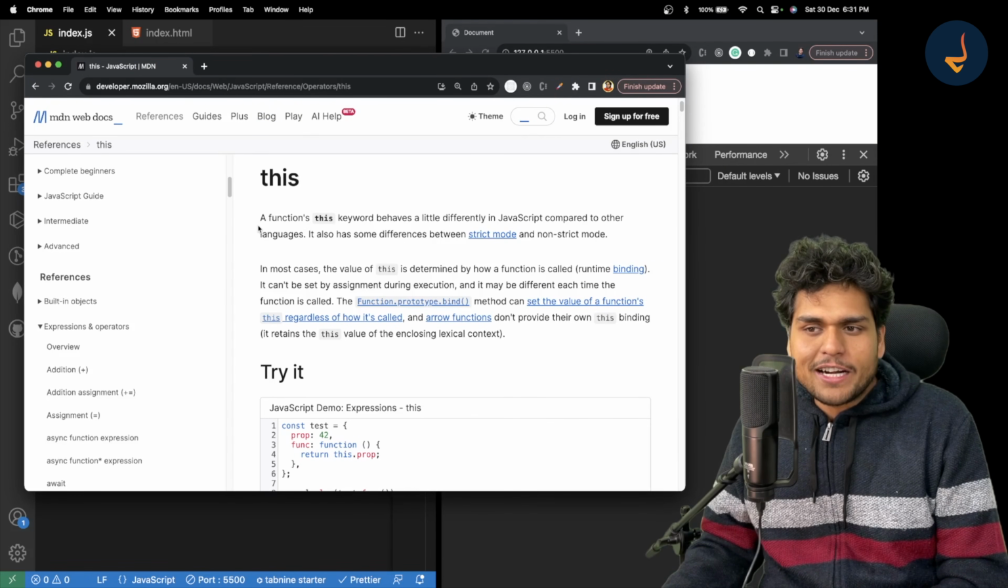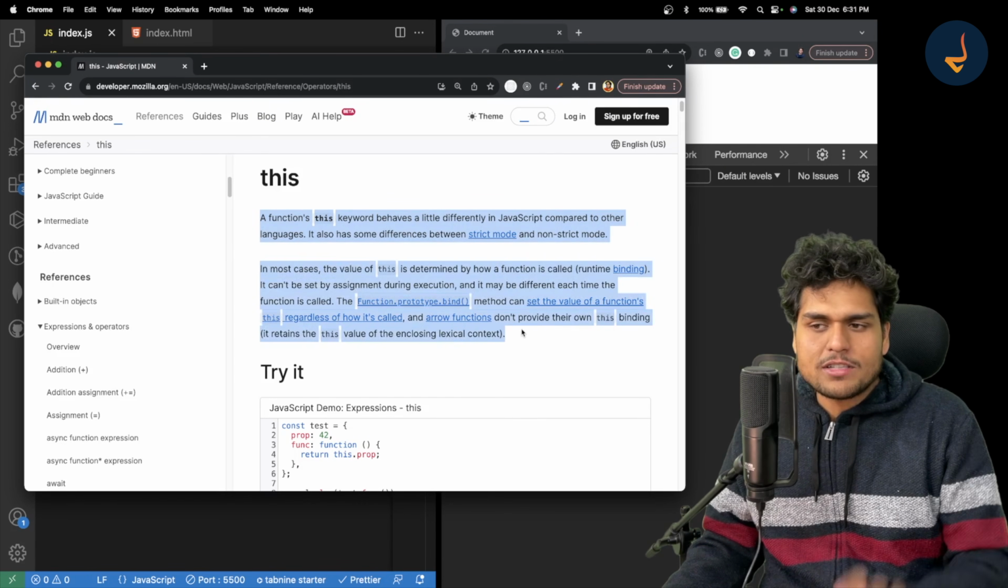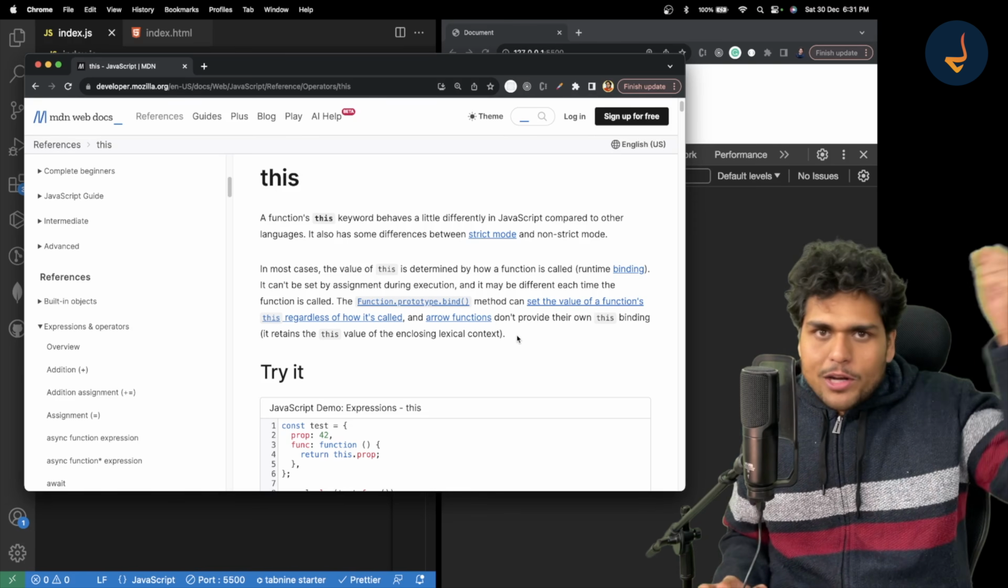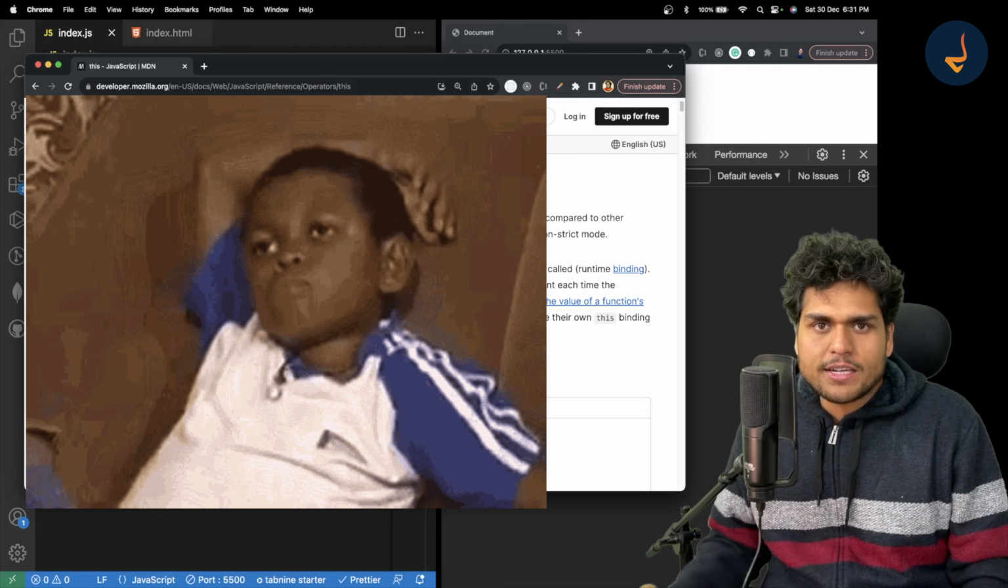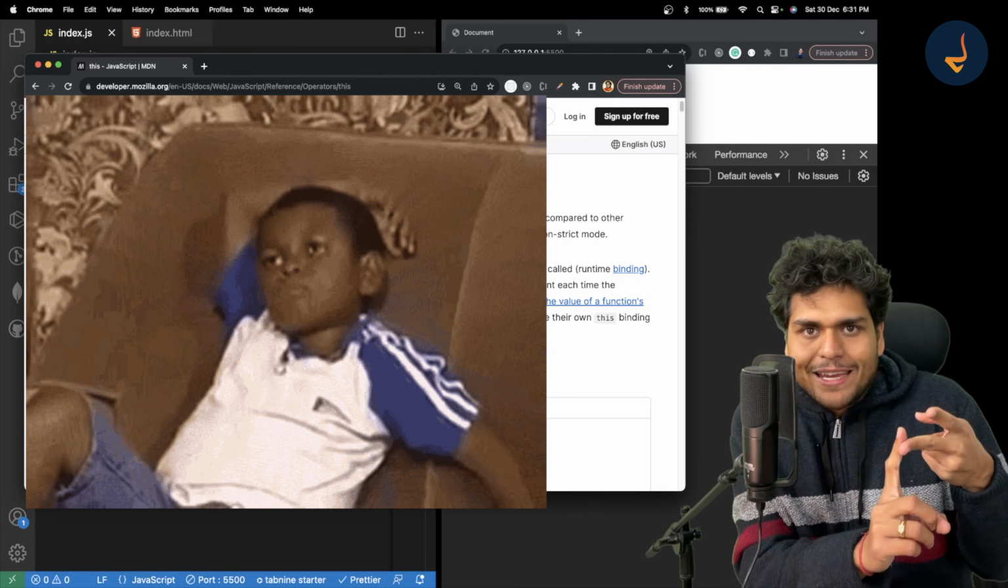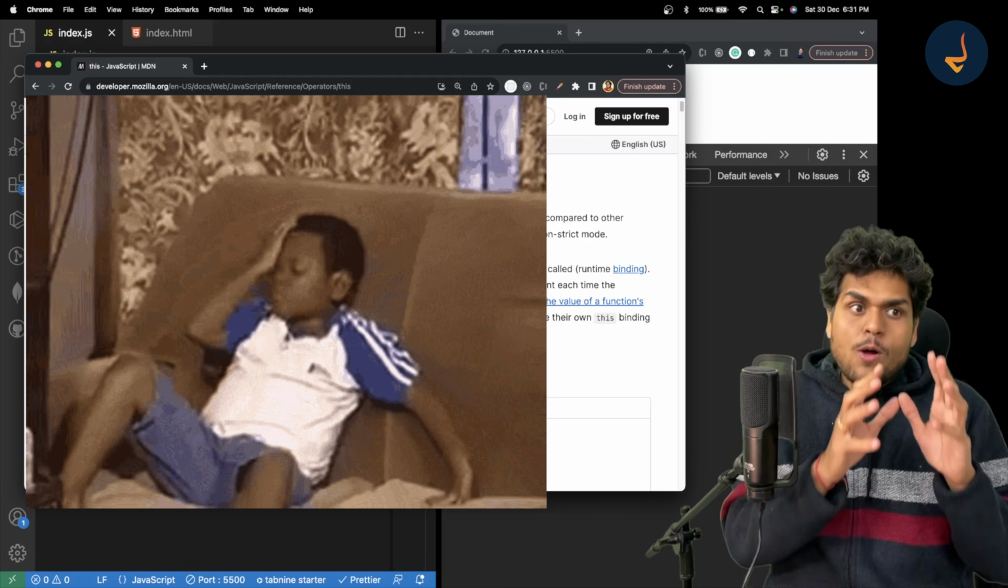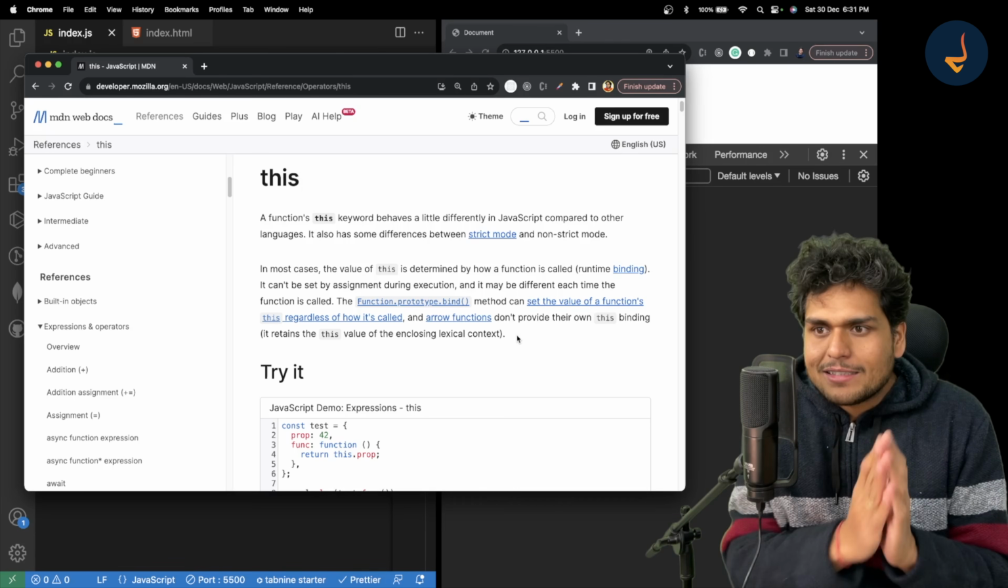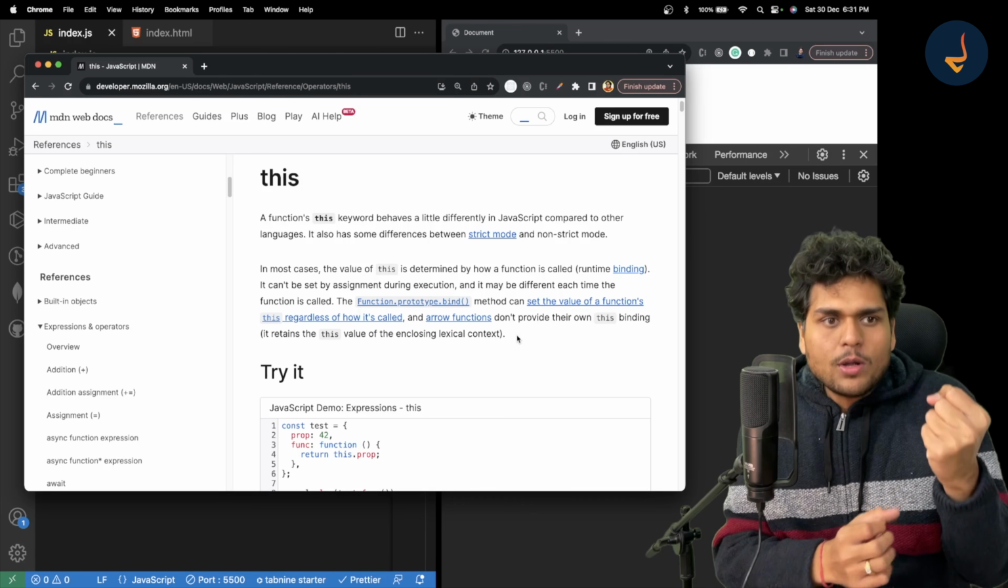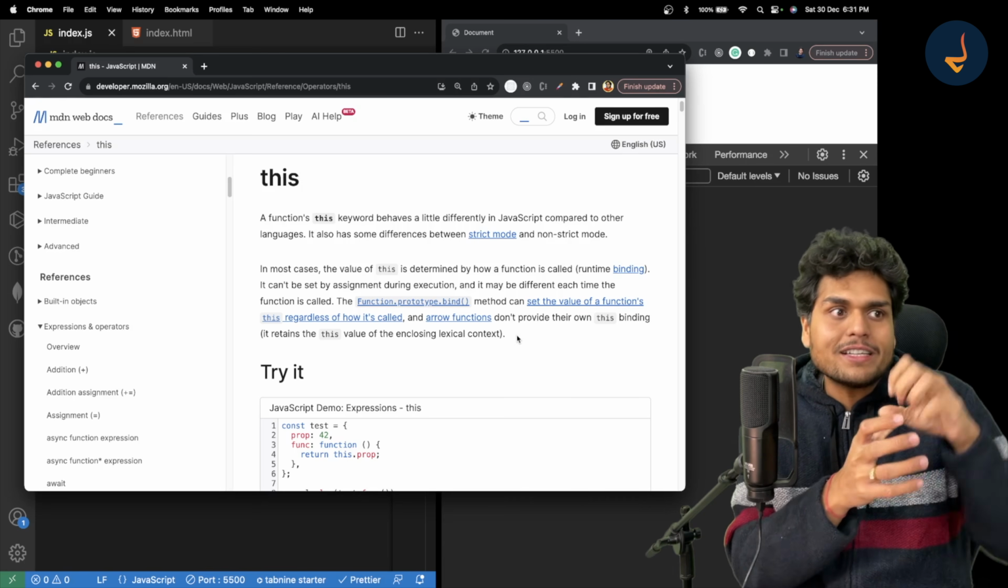If you try to read this paragraph, pause the video and try to read this. You will pull your hair out. It is very confusing. So many jargons, so many keywords, right? So when you try to learn this, you will have to know how it actually works in different